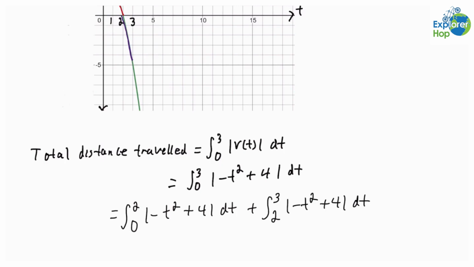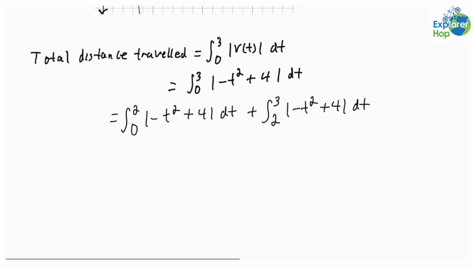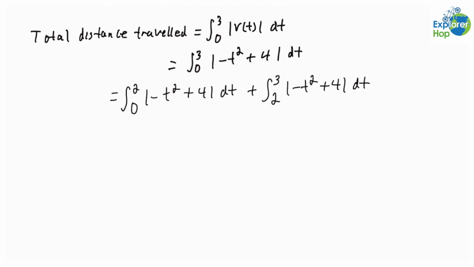So this means that in the interval from 0 to 2, the absolute value of negative t squared plus 4 is just equal to negative t squared plus 4. And in the interval from 2 to 3, the absolute value of negative t squared plus 4 is equal to the negative of negative t squared plus 4,